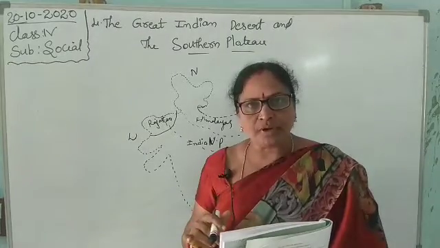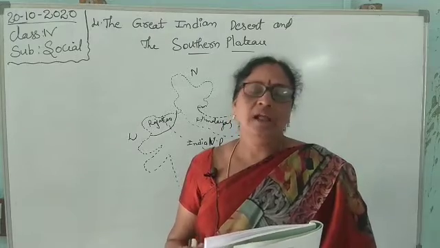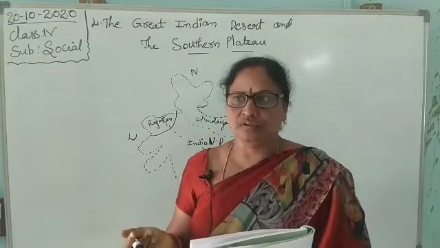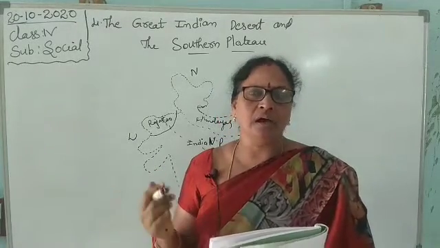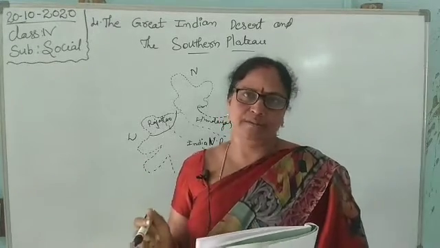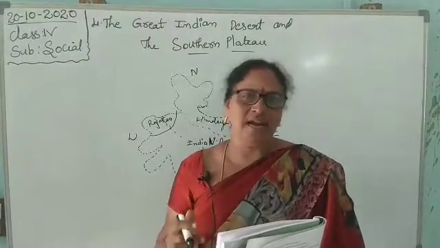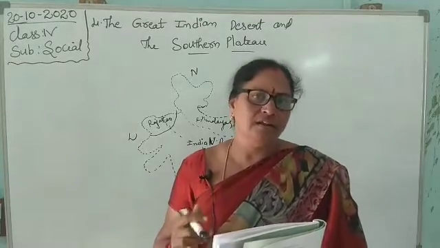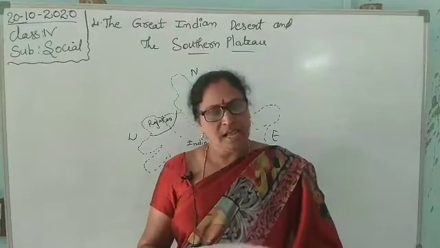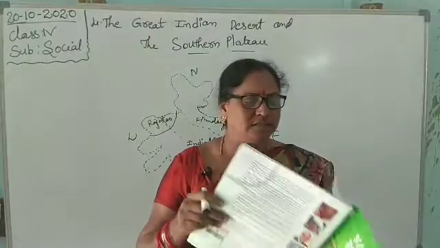How has the desert formed? Because of very less rainfall, and without vegetation, no vegetation also. There is very less rainfall or sometimes no rainfall. The sand will become very desolate. The desert is a desolate area of sand with very little or no vegetation, no rainfall. Okay children, yesterday we started this lesson, now how the climate and vegetation and life in the desert.